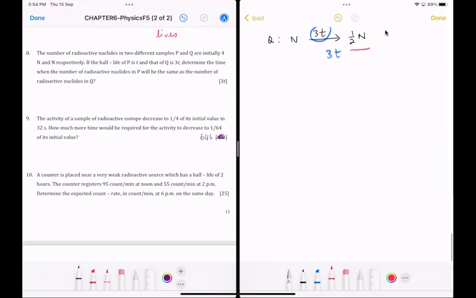Number 10, the counter is placed near a very weak radioactive source which has a half-life of 2 hours. Now the counter registers 95 counts per minute at noon and 55 counts per minute at 2 p.m. So if you notice,